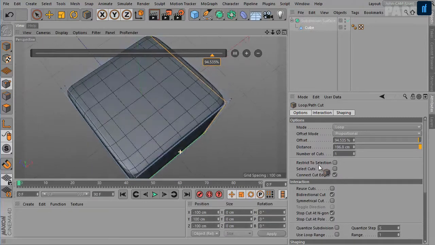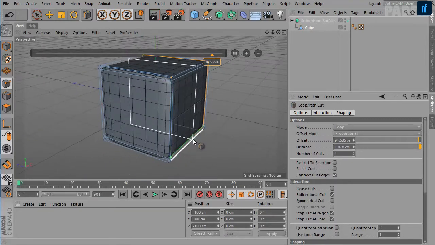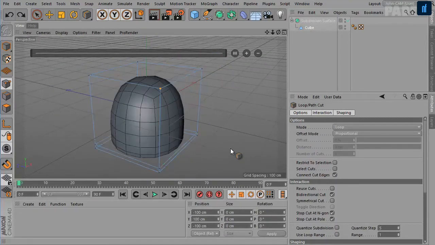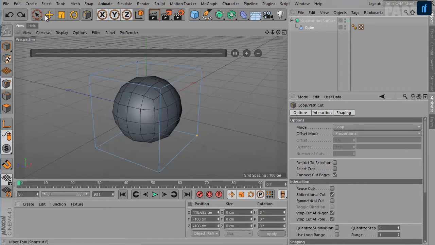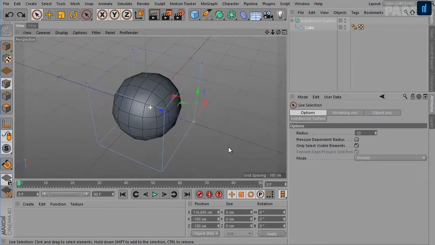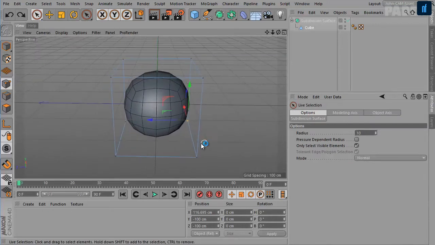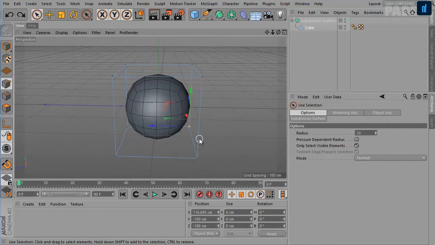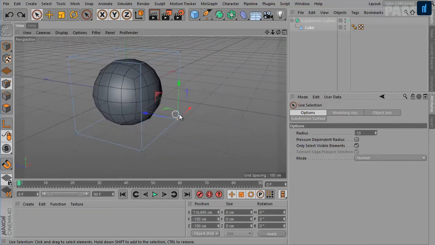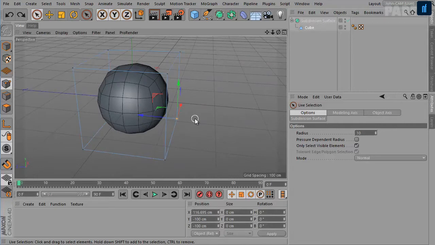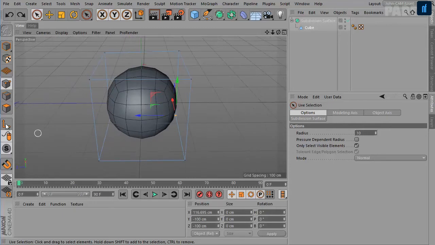So now we have a smooth cube. Okay, well, let's undo this and undo these steps, and now we'll use interactive weighting. In order to use interactive weighting, we have to select the elements like points, edges or polygons. You need to select the points, edges or polygons that you want to weight, and then hold down the period key, that's the full stop key on your keyboard, and then drag left or to the right to set the weighting for the selected elements.